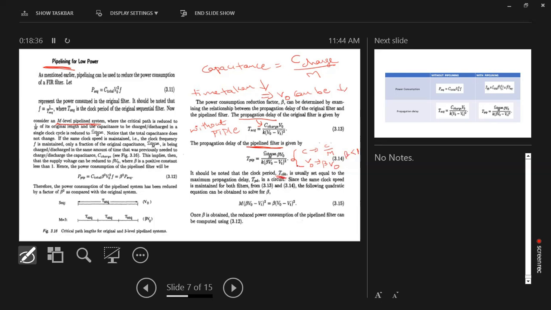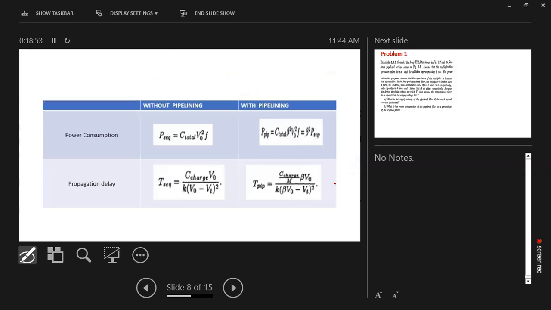And here, whatever the time we got in 3.13 and 3.14, whatever RHS is there, if we equate them, what happens? This equation will come, 3.15. Okay. So what I am doing here,